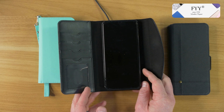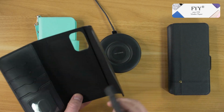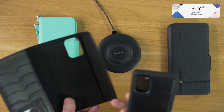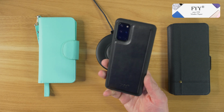Okay, it looks like it does struggle to wireless charge while in this case, but let me show you something really cool. It actually comes right off. So the reason it doesn't wireless charge is because there's a big magnet in the back of this little protector. And now if we place the phone on there, you have the option to wireless charge, and it's in this